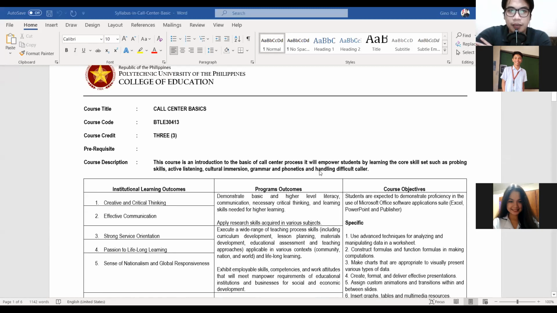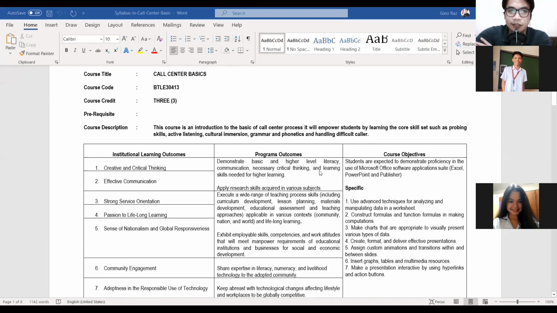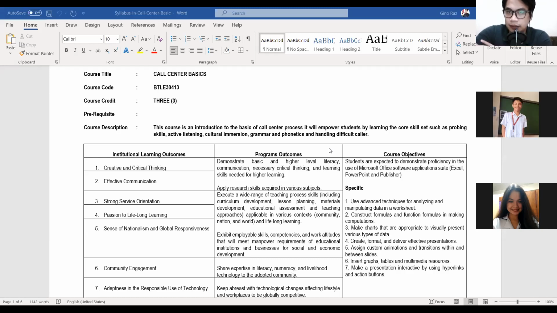Okay, so call center basics. Course description. This course is an introduction, of course, to the basics of the call center process. So it will empower you, the students, by learning the core skills, such as the probing skills, active listening, cultural immersion, grammar and phonetics, and handling difficult callers or customers. Okay? So just a heads up,